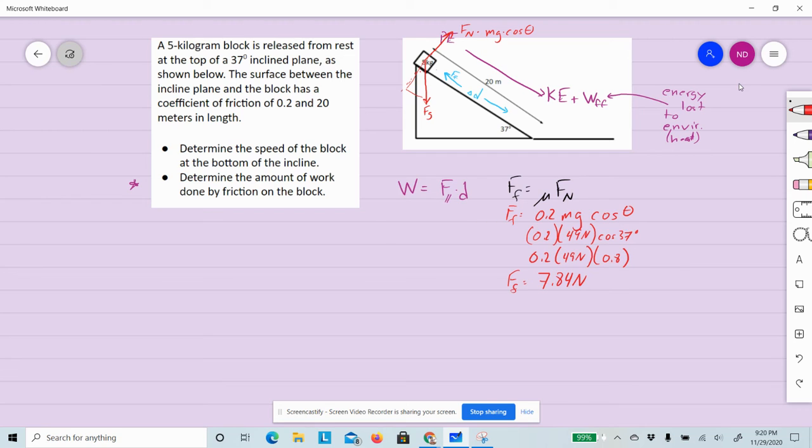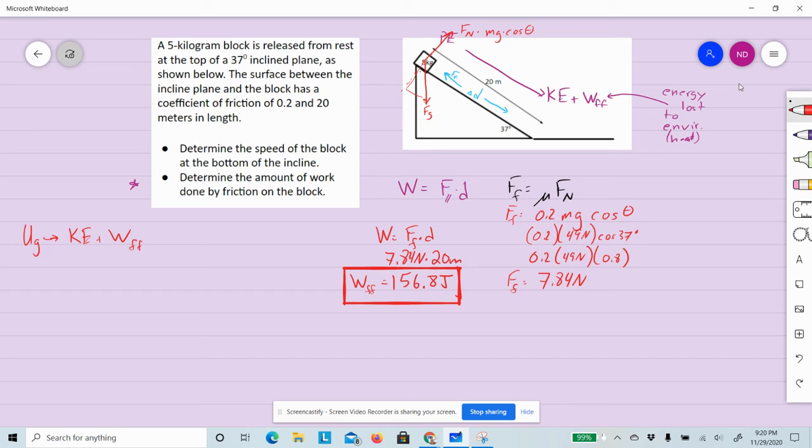Well, the work done is the force of friction times the displacement, so 7.84 newtons times the 20 meters that it slides down is 156.8 joules. That is the work done by the force of friction. That's key. So our gravitational potential energy is going to become kinetic energy plus the work done by the force